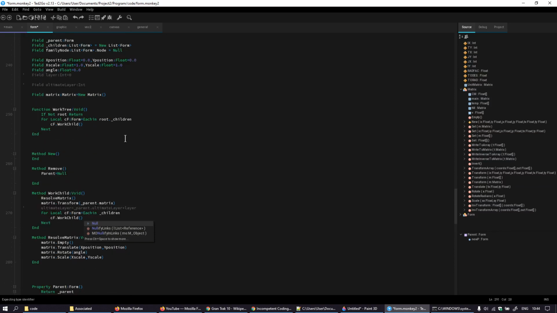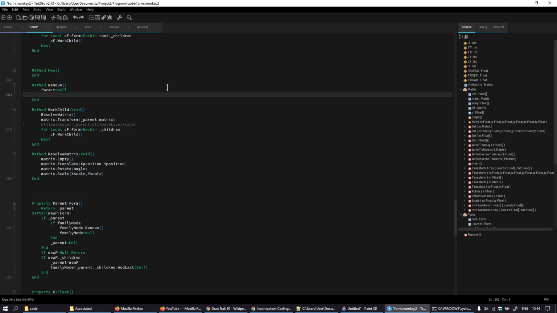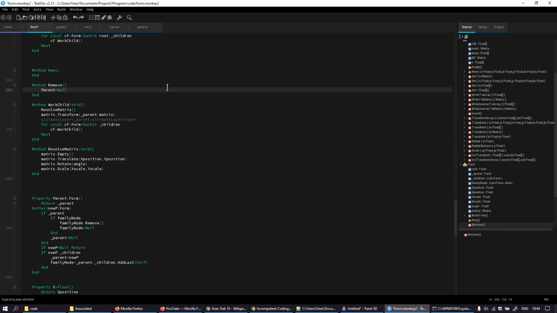And there, yeah, just because that needs to happen. When an X form is removed, if an item is removed, it needs to have the reference to its form removed from its parent, or it will continue to exist. And that, setting the parent to null, should